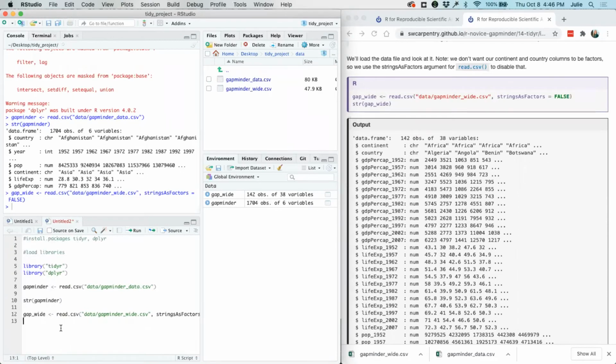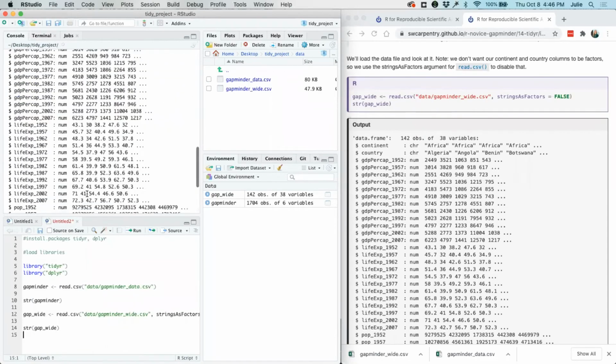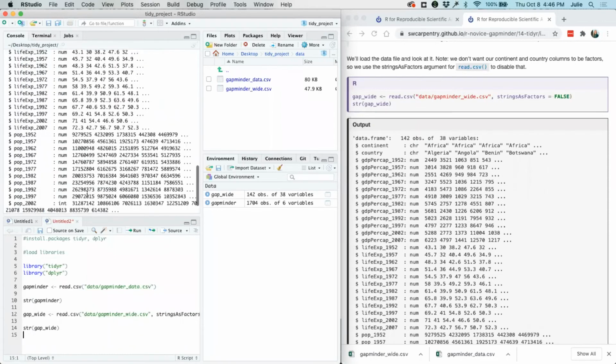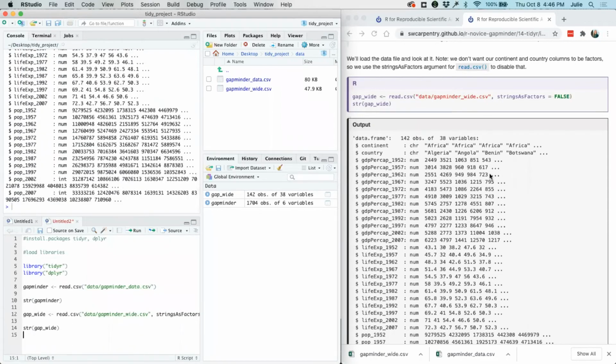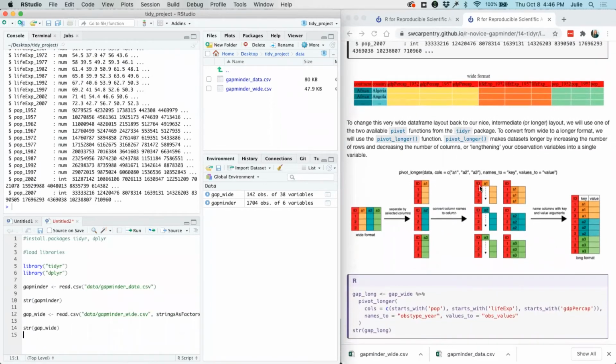Again, we could look at this with our STR, look at our new data frame that we created, and yes, we can see that it's in this kind of wide format. All right. So in the lesson, they have a nice view of what we're looking at here.